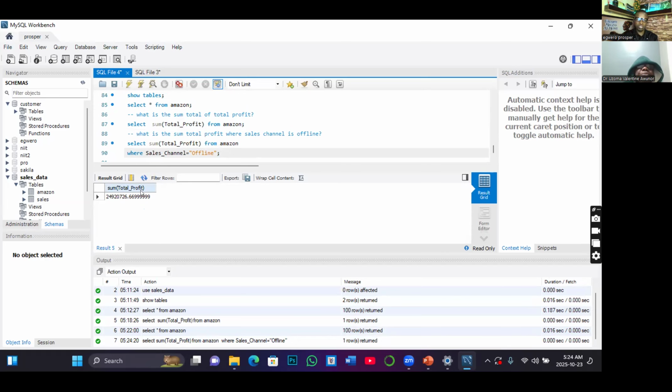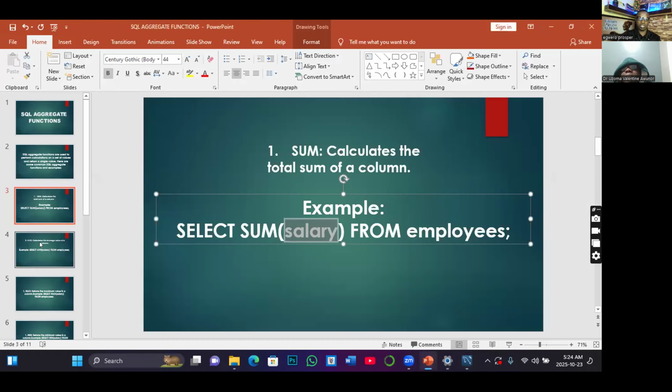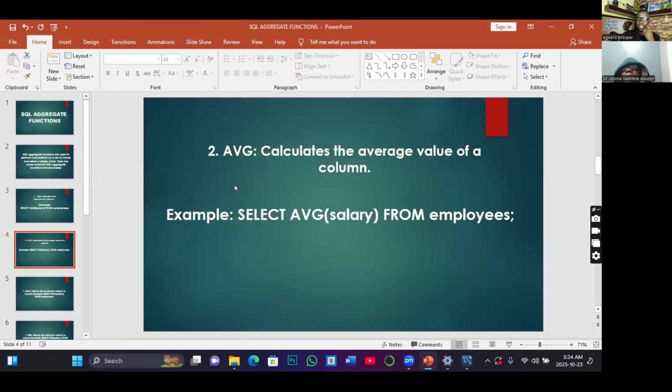One thing about this SQL query statement is that if you are creative, you can join them together in a way that the usual basic thing becomes advanced. So that is for the summation. You can go ahead and twist it the way you want it. Now let's quickly take the next one, which is average. Average is the next